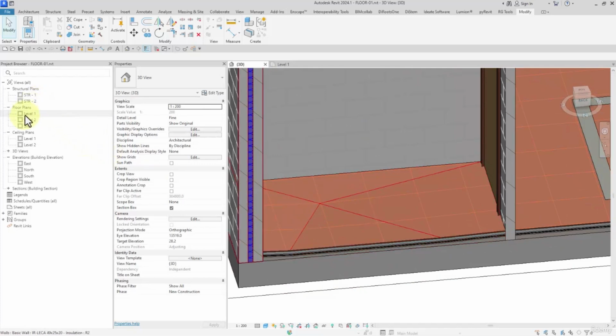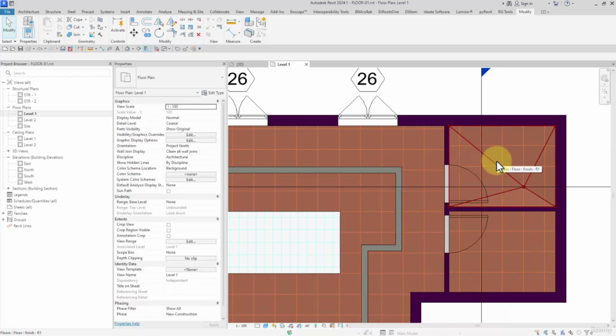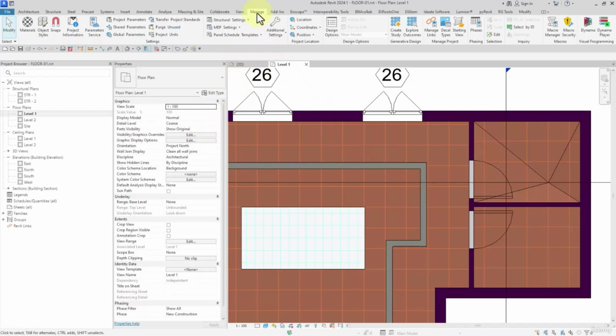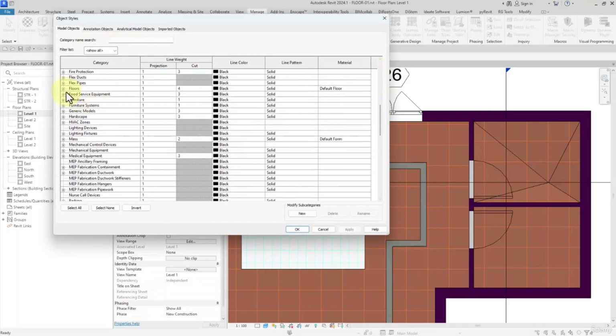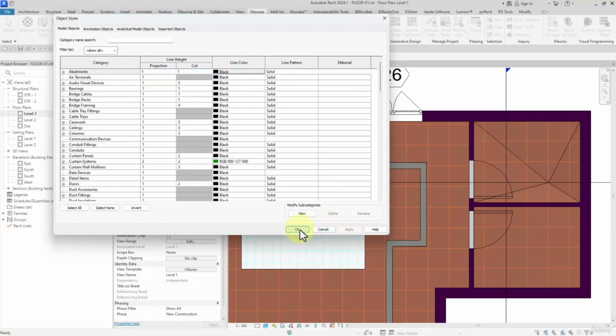And the next point here is that you may want to display these lines in other colors. Again, to have a review, firstly in the Manage tab, Object Styles, I should find Floor, Slab Edges, and then I can choose gray color for it, dash for the line or the pattern,